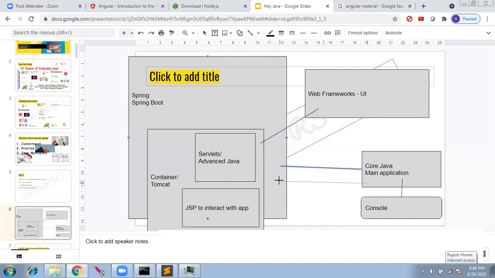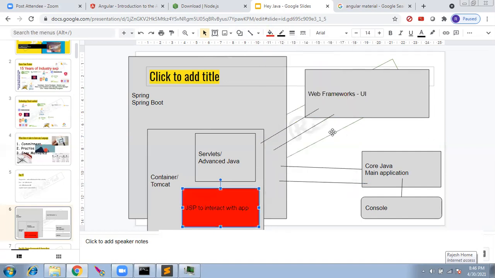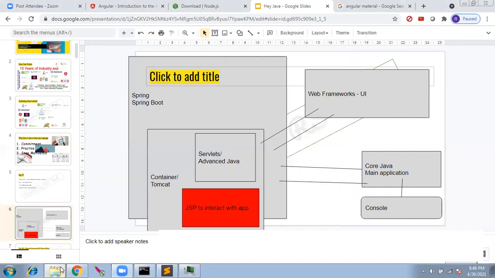Core Java will return back here, and this will return back to the web framework. This section would be eliminated. Do you understand the bigger picture?